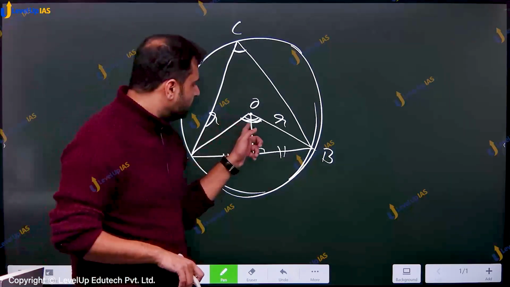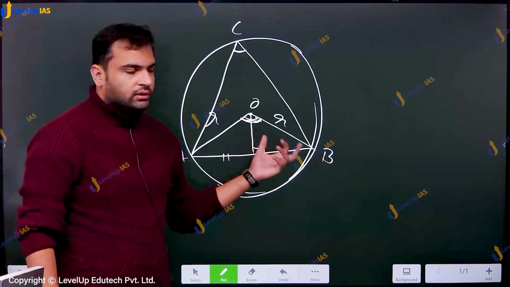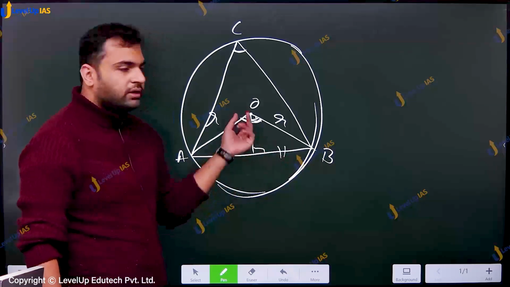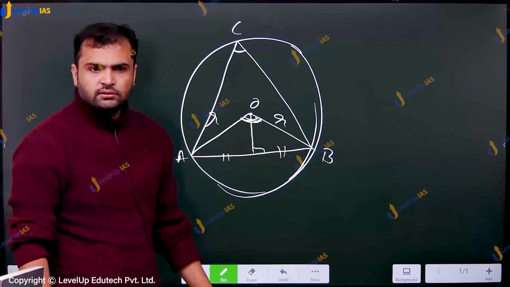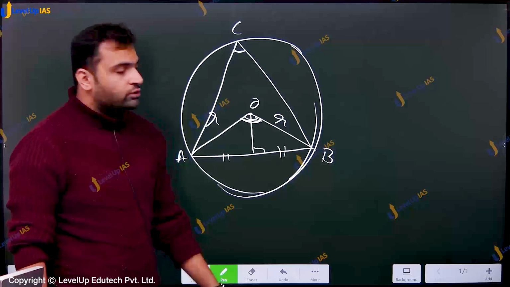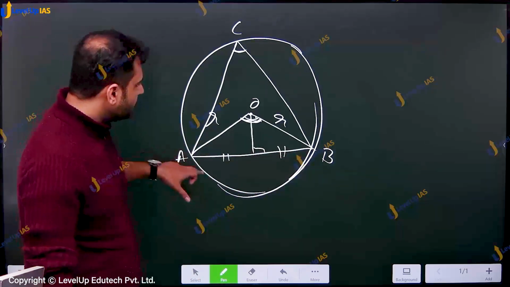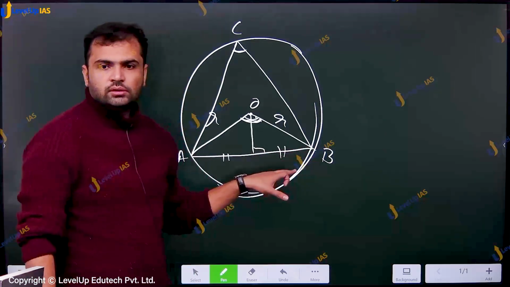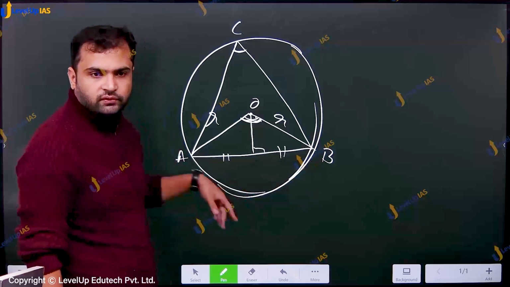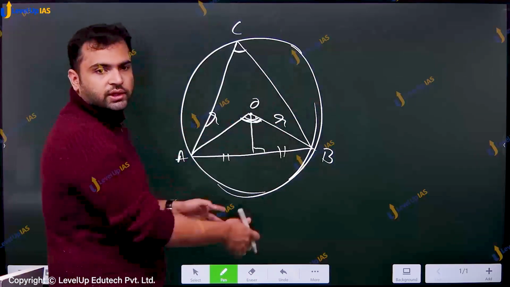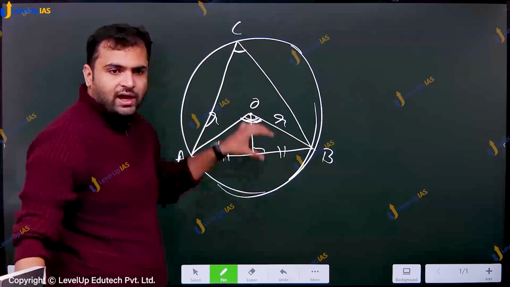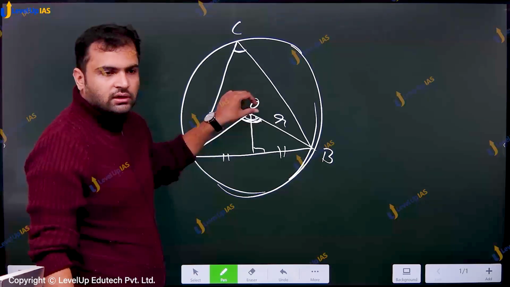So whatever this angle is, the angle subtended by this chord at the center corresponds to the length of this arc of a circle. पूरा अगर circumference है, if I have the whole circumference, angle subtended is 360